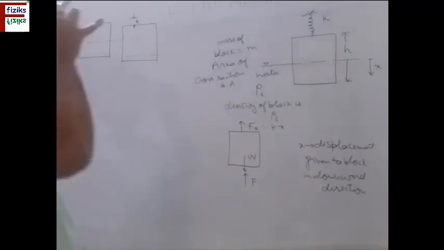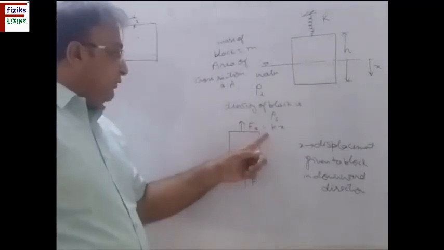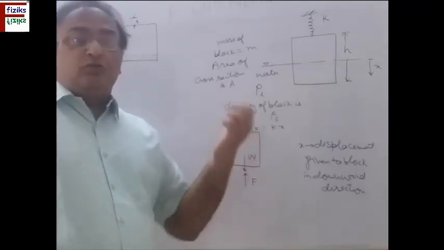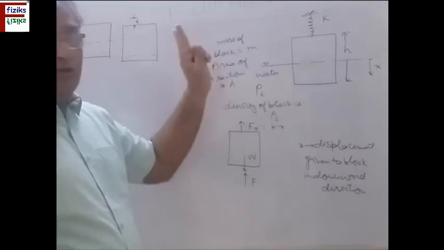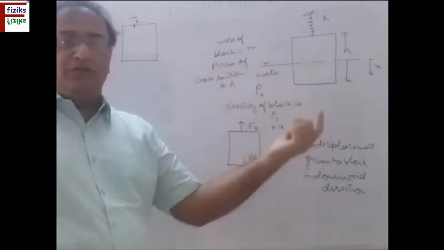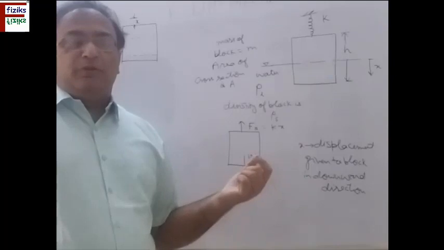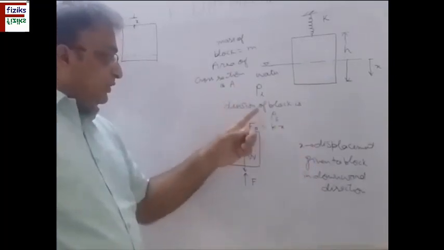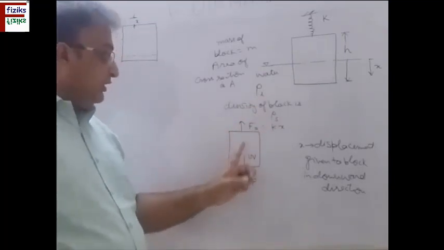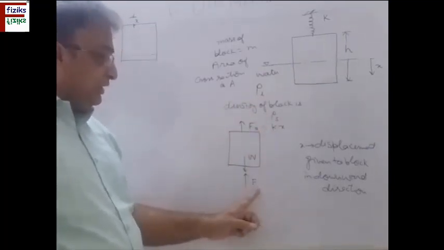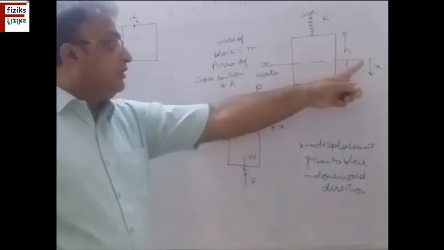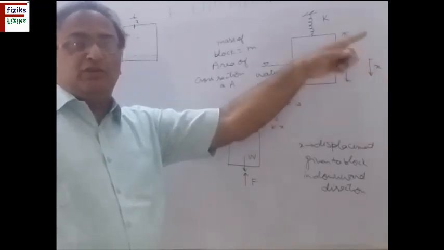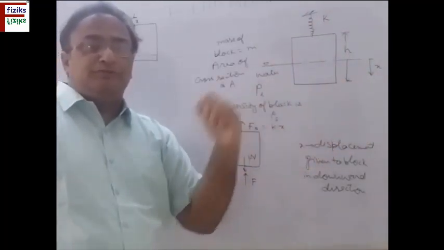So under these forces, the additional spring force and the additional buoyancy force, these two forces will try to bring it in upward direction or to restore its position. The negative of this will be the disturbing force. So this will execute a simple harmonic motion, that is the restoring force. This plus this additional buoyancy force is opposite to the direction of displacement. So F is proportional to minus x, so it will execute the simple harmonic motion.